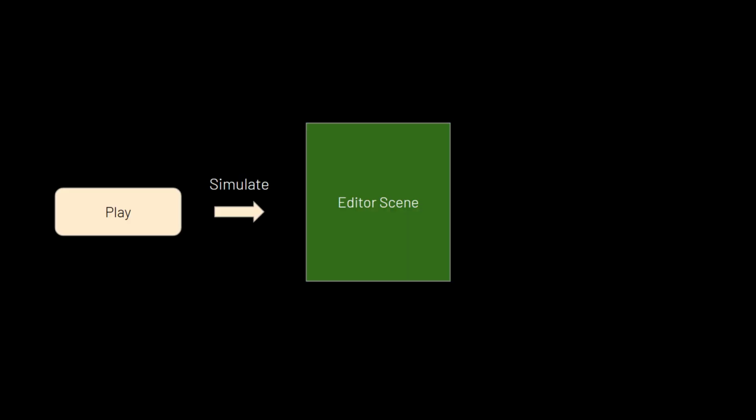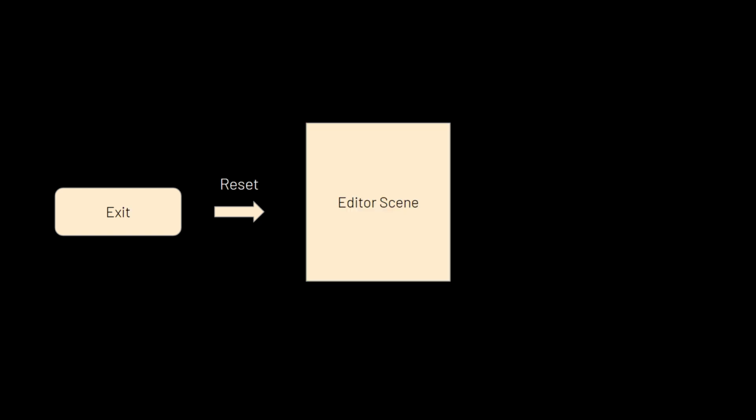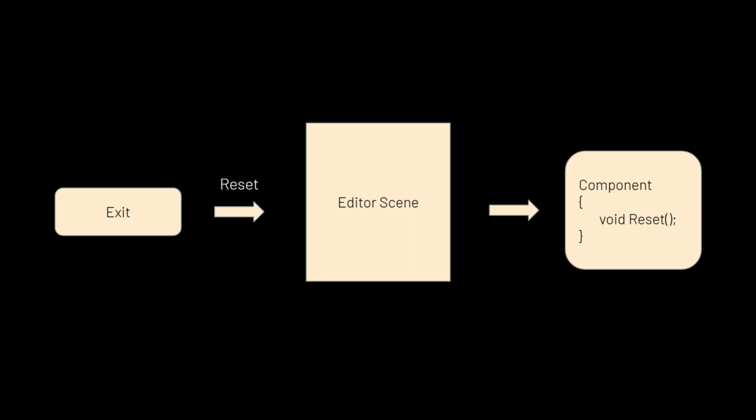Then I implemented a proper scene switching mechanism which separates the editor and runtime scenes. Before this, I was just using the editor scene, and when the user pressed play button, I started the simulation, and when the user pressed exit button, I resetted everything back to its original state as before the start of the simulation. And in order to achieve that, I had to manually do that in code in a reset function which accompanied every component,